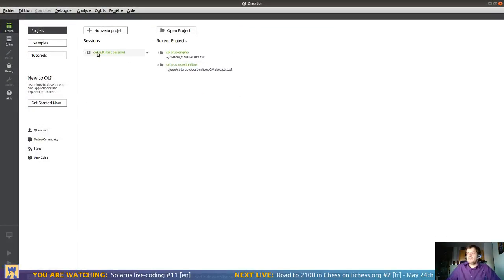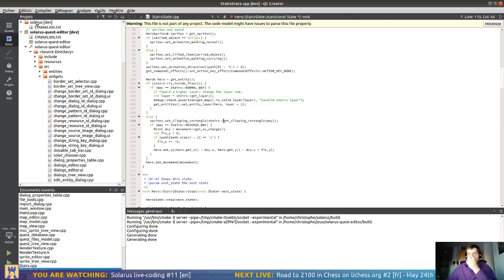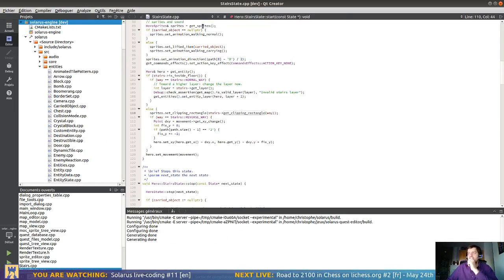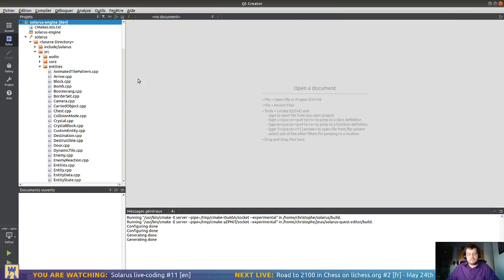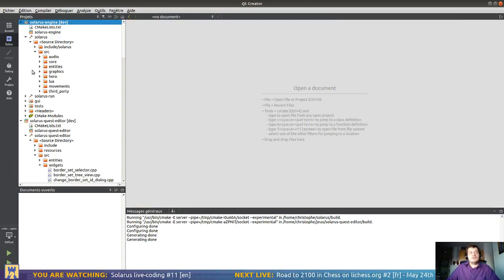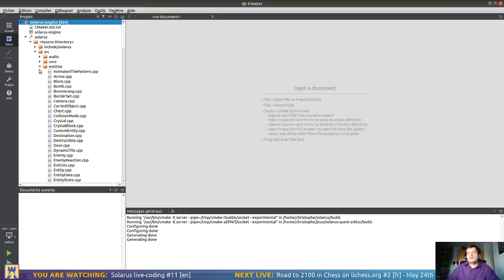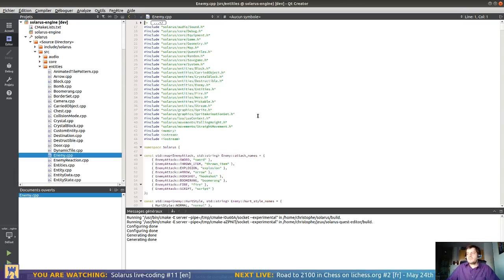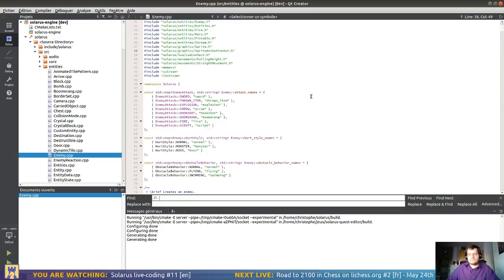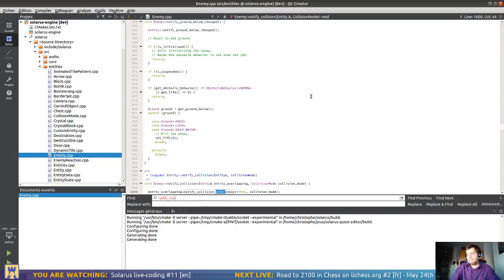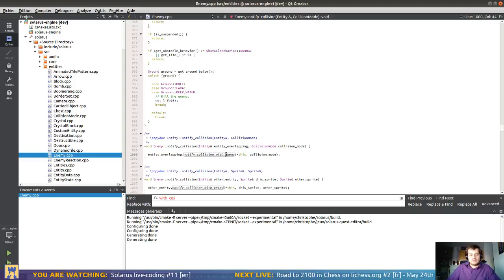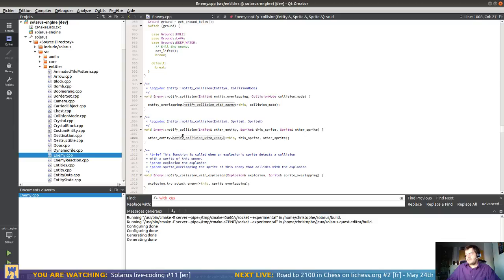Okay. So, Solarus engine. I think I remember. I already know where the bug is. We did tank. If I collision with enemy. Oh, I think. Well. Okay, so in C++ we have the current enemy detecting a collision with another entity, and then the order of